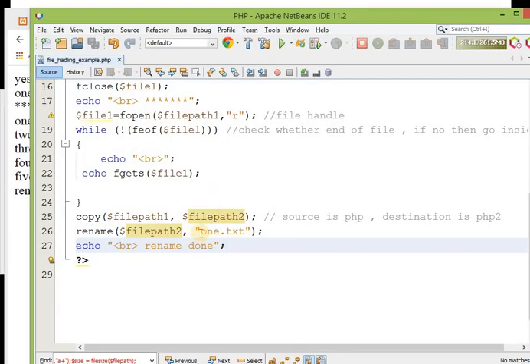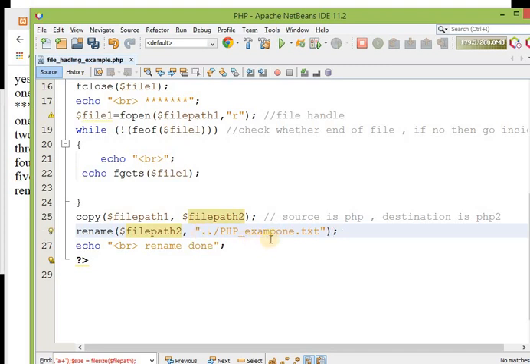If I want to create it at the same destination, then I just need to put dot dot php. My moral of the story is that you just need to specify the full path over here.